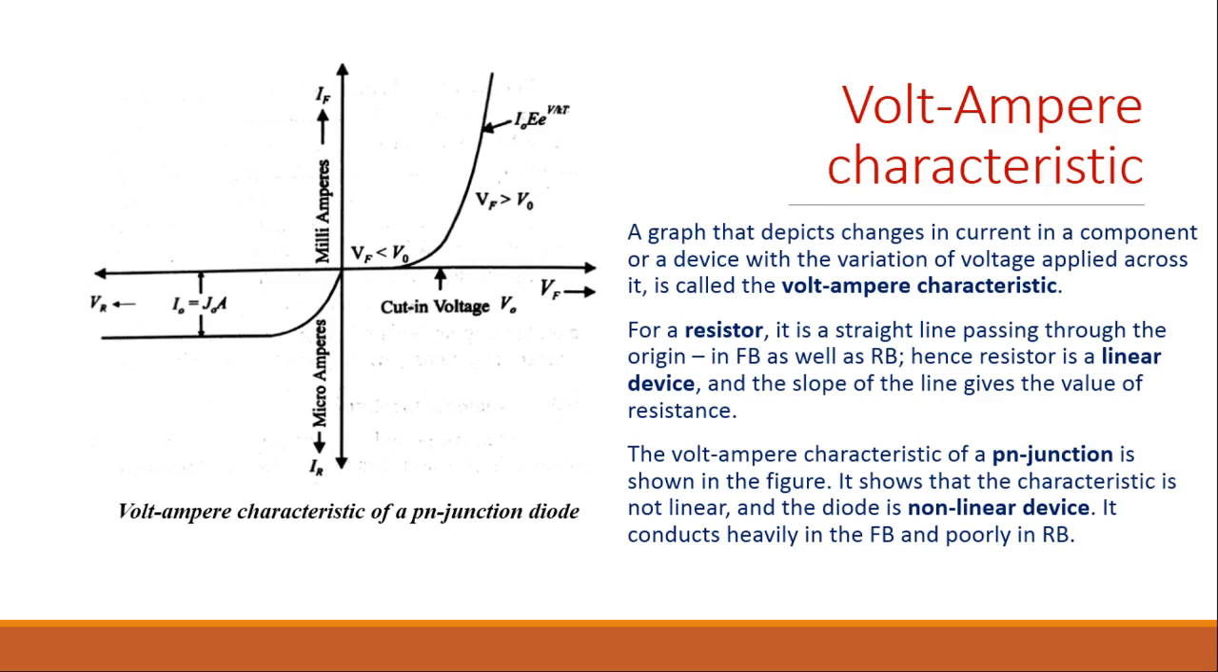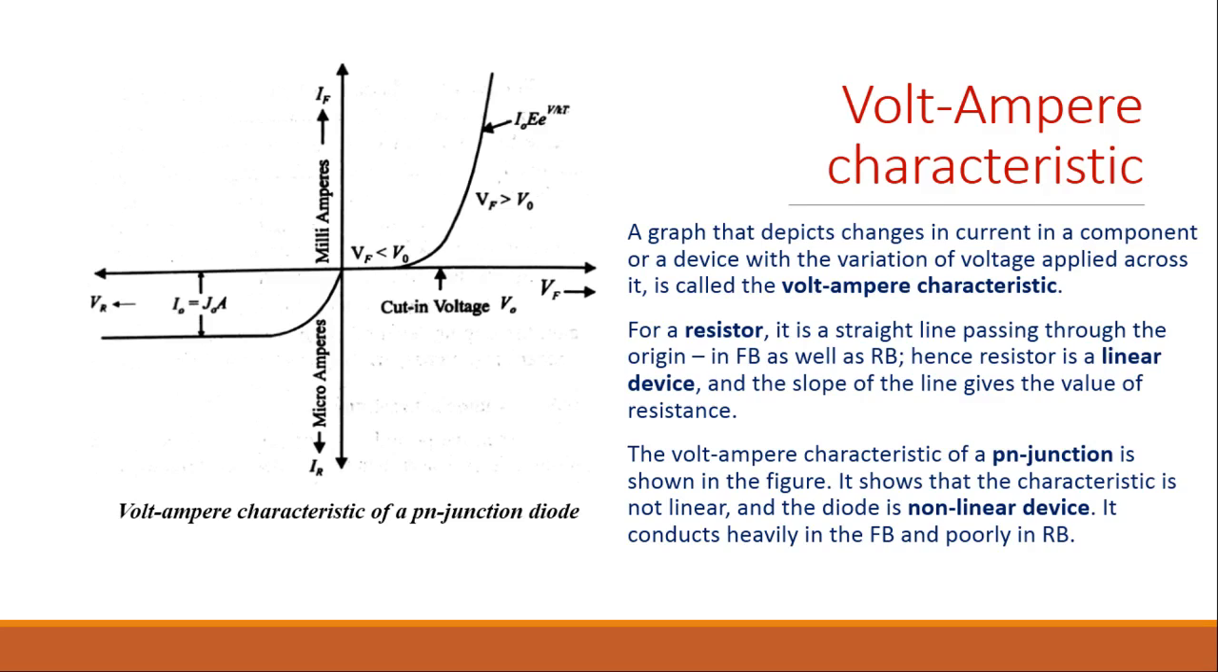We have learnt in the earlier videos that the PN junction diode conducts more in one direction and poorly in the opposite direction. The volt ampere characteristic of a PN junction diode is shown in this diagram. This graphical representation shows the forward characteristics of a PN junction diode here, whereas the reverse characteristics are also shown. It is seen from the graph that the characteristic is not linear and the diode is a non-linear